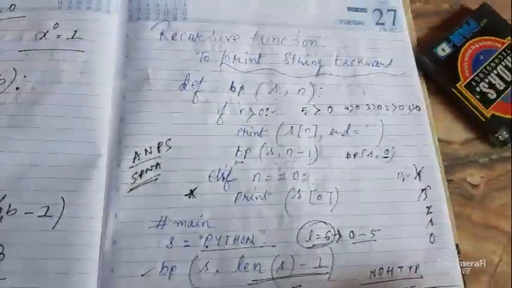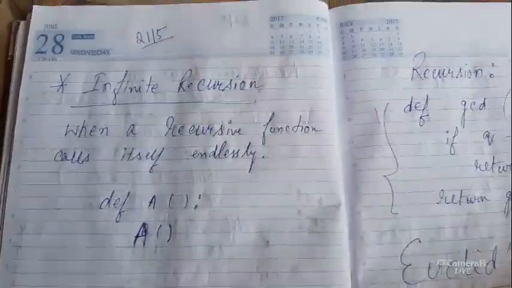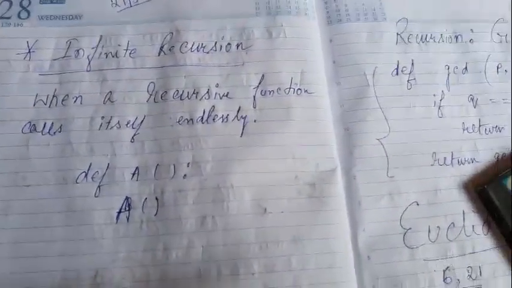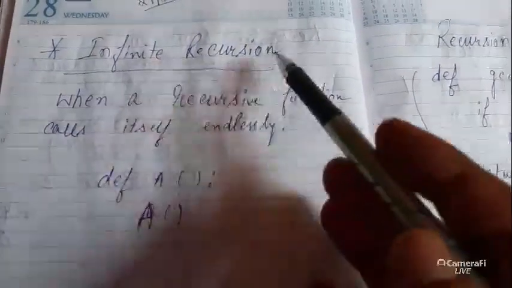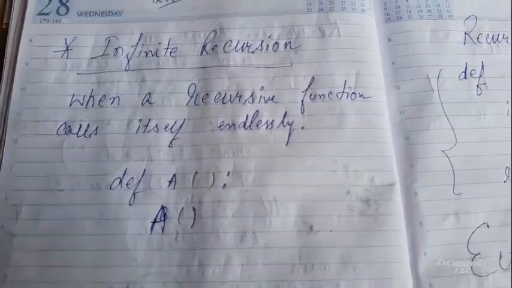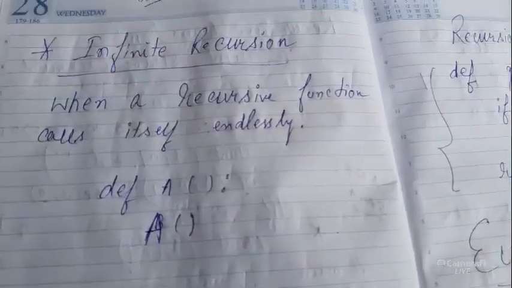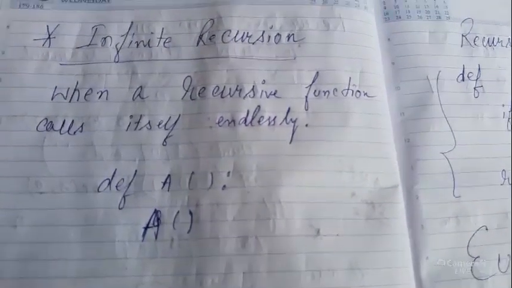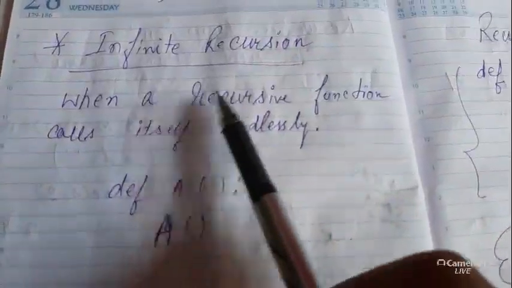Now I think there is no doubt, so I'm just moving to the next problem. Here is one small topic. Already so far we have discussed it, but this is just a simple topic. What is the meaning of infinite recursion? You know very well that recursion must need a base case, but whenever a base case is not there, a recursion may call itself multiple times or endlessly, and that situation is called infinite recursion, when a recursive